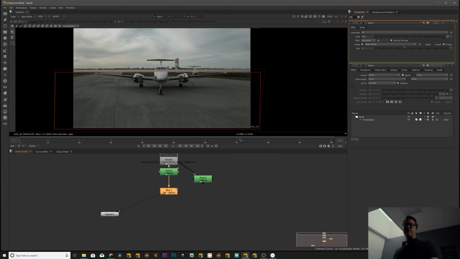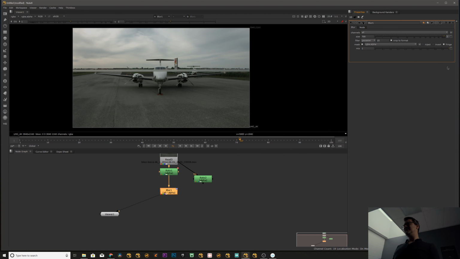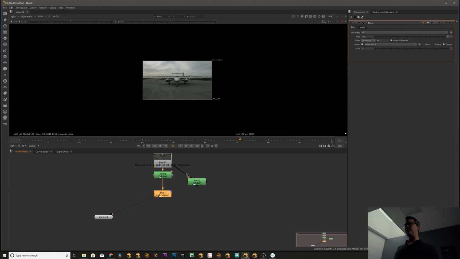And again, there's that crop to format checkbox that you need to be careful with. What that does, we've seen it in the previous tutorial, is that if I remove this, you're going to see that the values of the blur are actually kept within the bounding box of the image. In some cases you do want that, in others you don't,